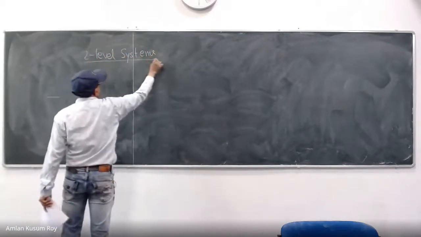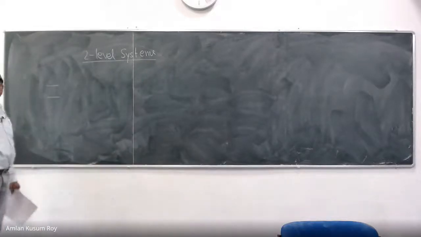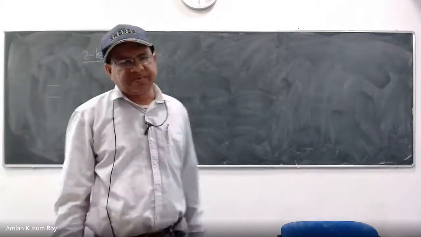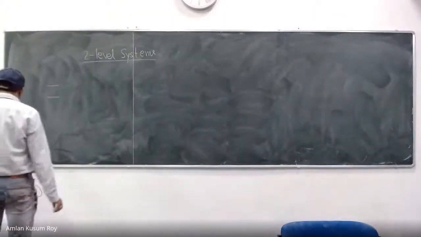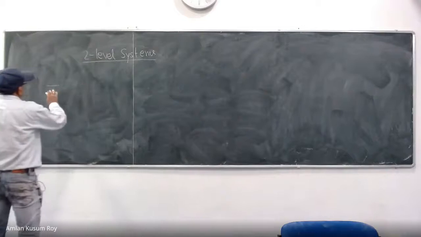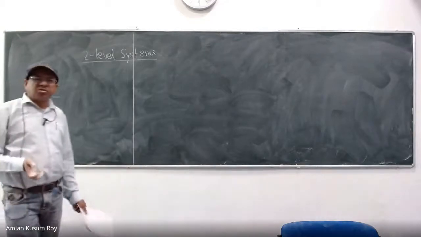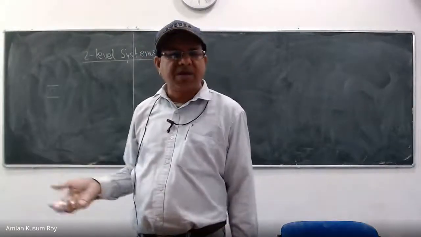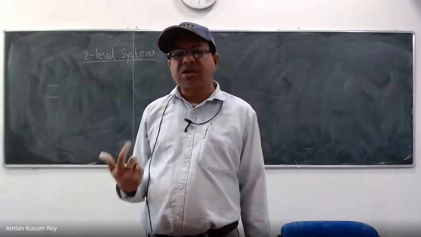Two-level system means you have only two levels. You do not have any more levels. But you will be surprised to know that a lot of things in this world can be modeled by a two-level problem, especially in optics and many places, okay? So I want to understand the perturbation theory when applied to this two-level problem. It's a model two-level problem. It can also be an interesting aspect in the spin discussion because you have only up and down spin, right? So it's a classic two-level problem.